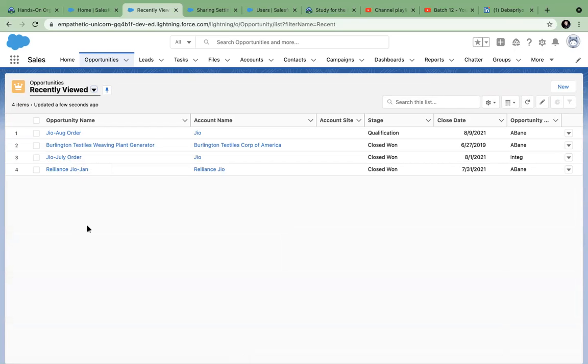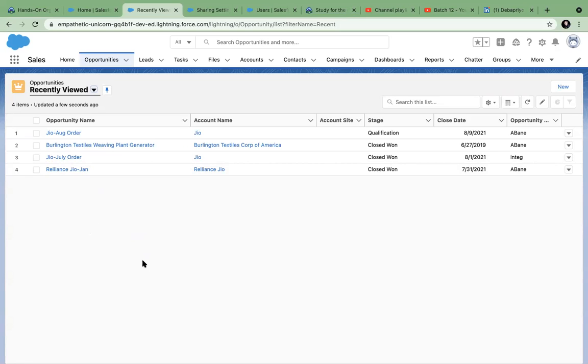Sumit, clear? Yes. It's a little bit tough, but we have to. It is tough. That is why I am not forcing more information today, because the basics have to be clear first. Who sees what and what are the steps to configure all of these, because the next step is even more complicated, because there are multiple ways in which you can show a non-owner any record. There are many techniques. So we will discuss all those techniques in the next class. But if you do not know what to hide first, showing comes next.